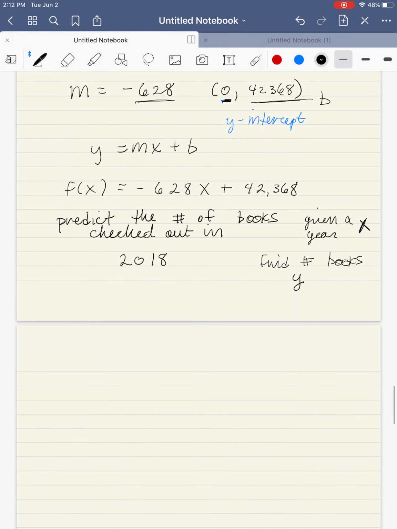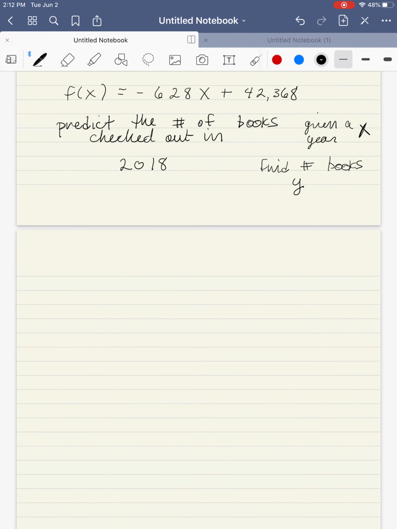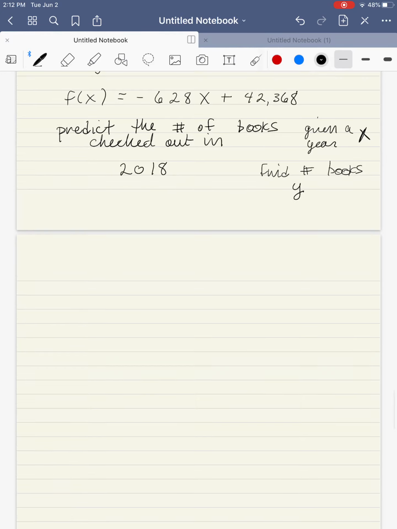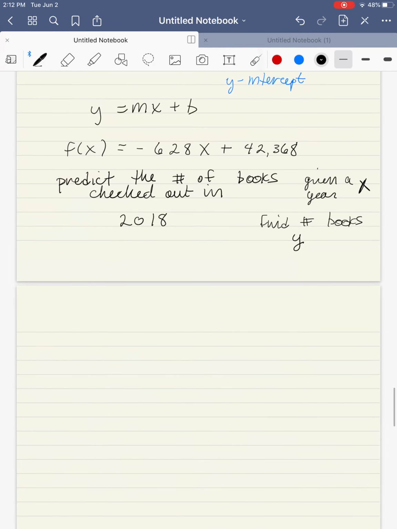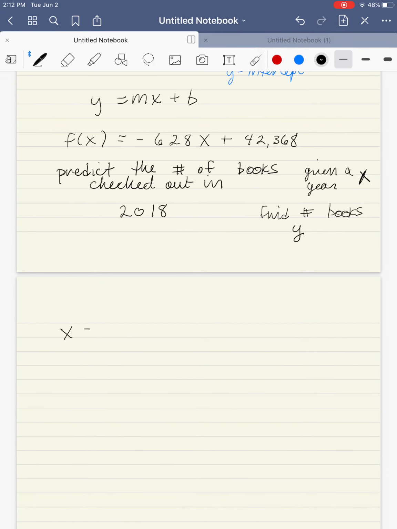So we're going to find y. And we remember that x is the number of years past our first year, 2011. So we're going to have that x is equal to the number of years that 2018 is past 2011, which is 7. So we know x equals 7, and we're trying to find